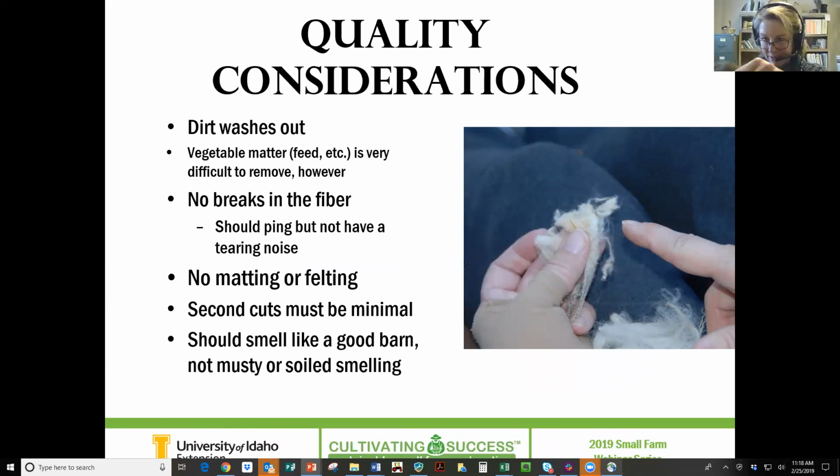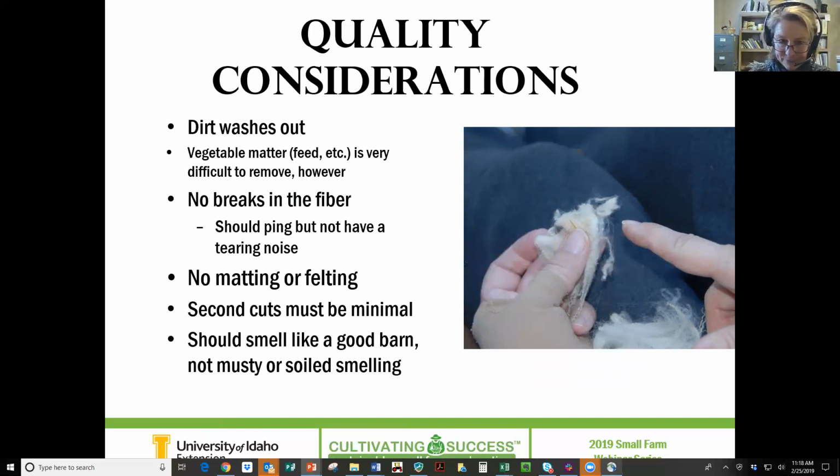Second cuts are these little tiny pieces that were accidentally recut. The shear goes over the skin and then goes over it again, and there might be a little area where it's cut twice. So you've got these little tiny pieces that you don't want in your yarn because they're just going to pull out. They're not good. It is a natural process that you're going to have second cuts. It's not that a bad shear leaves second cuts. You need to roll those off the fleece, off the cut surface, before you try to sell it.